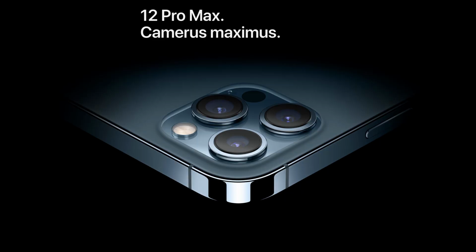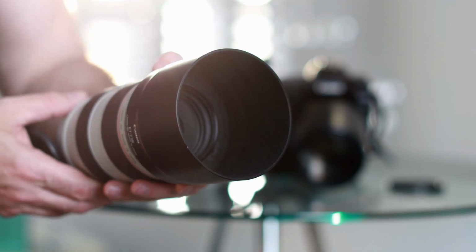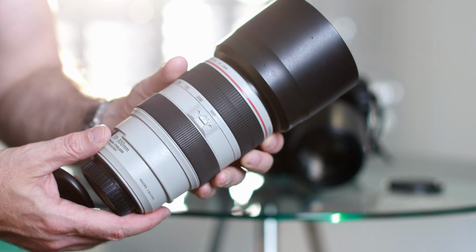So lenses are always going to be better on dedicated cameras, and you don't have any limitations, even though the latest iPhone 12 Pro now has 3 lenses with a wide, mid-range, and long lens. These are limited to specific focal lengths compared to being able to select any focal length you like when you purchase a DSLR or mirrorless camera. So you can get super wide ranges from the mid-range to the very long telephoto lenses, all of extremely high quality. So lens quality is always going to be superior when you're using a dedicated camera with the right lens